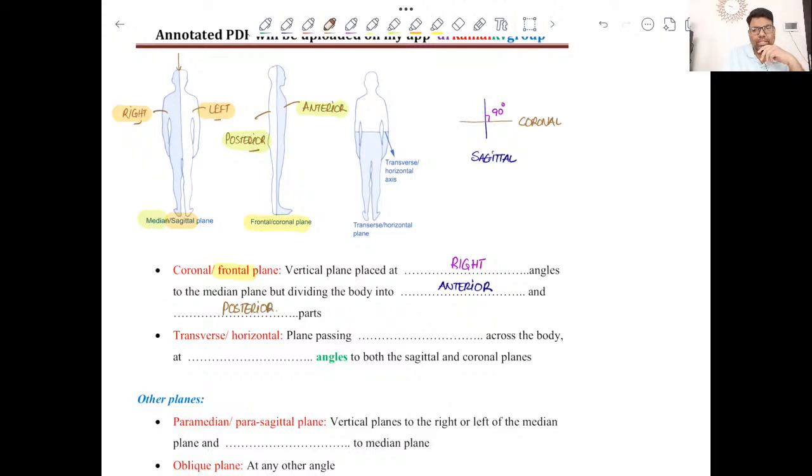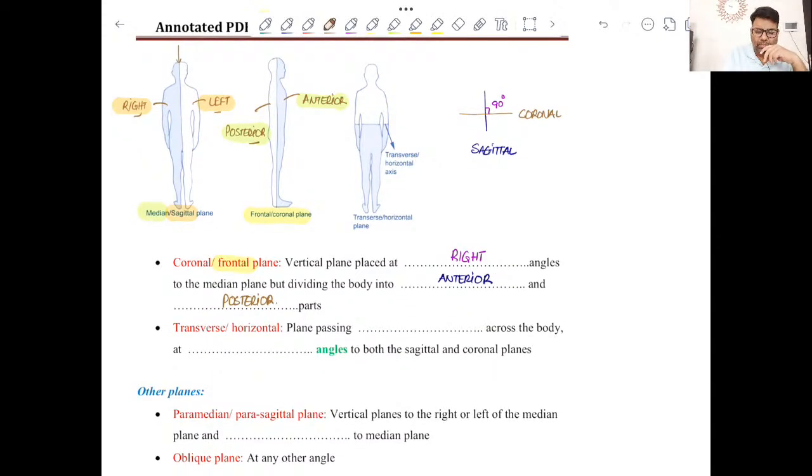Clear? So sagittal right and left, coronal anterior and posterior. Now these are vertical planes, right? So both of these are vertical planes, being drawn from above. Now what if we draw a horizontal plane,